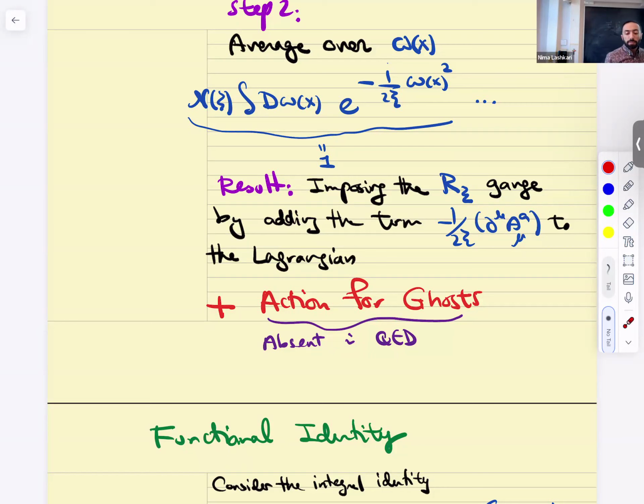So what is this thing? In the case of QED, we perform the path integral, we get a local action that will do the job of gauge fixing for us. Everything is good. For the non-abelian case, we write this as a local action, but there's still a determinant of a function inside the path integral. So that local action doesn't quite gauge fix. One trick that we use is that we take this determinant and write it as an exponential, as an integral. Then we pull it back up to the exponent, and the job of that extra term that we add to the action is to properly take care of this determinant.